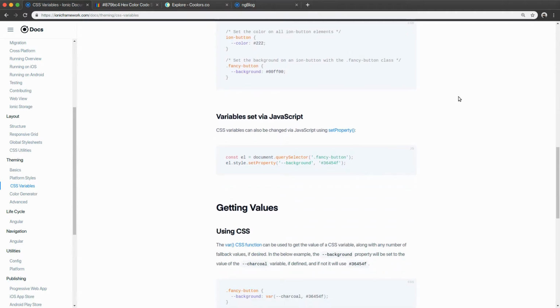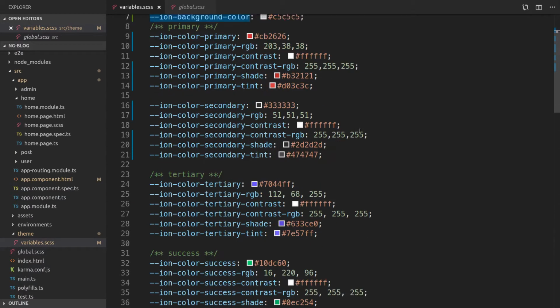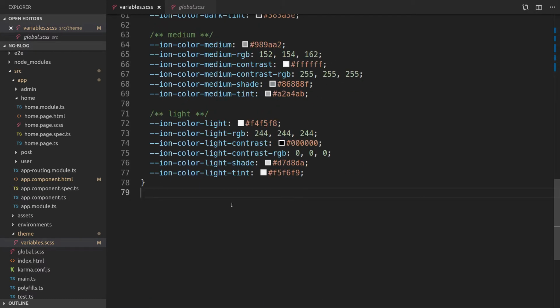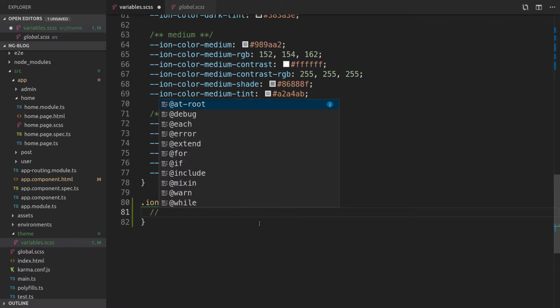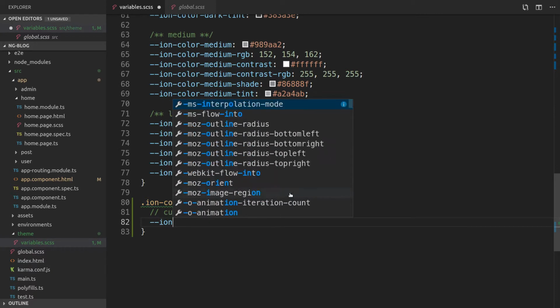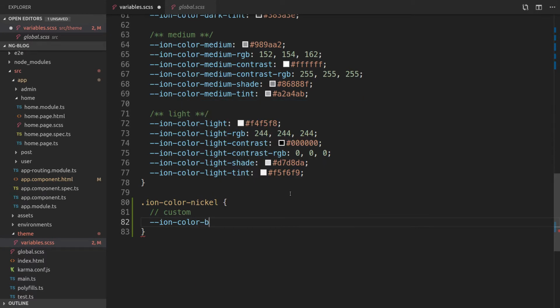Now we have 9 colors here on the root. If you want to add a new one, you can just create a top level class over here. Let's say I'm going to do an ion-color. I'm going to call it Nico, and we're going to use that color. This will be a custom color. Now you need to follow this pattern for the naming: .ion-color, and then you add the name of your color. And here we're going to have an --ion-color-base,